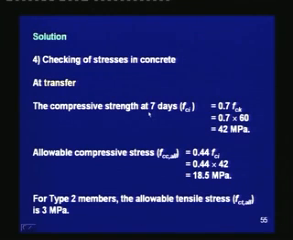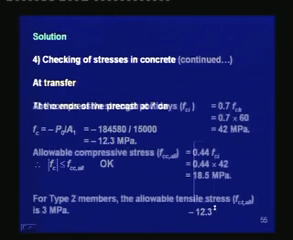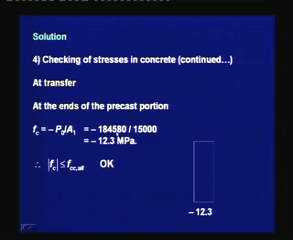We are checking the stresses at transfer. The compressive strength is 70% of FCK, which is 42 MPa. The allowable compressive stress is 0.44 FCI, which comes out to be 18.5 MPa. For type 2 members, the allowable tensile stress is 3 megapascal. At transfer, we see that for the precast portion, the average stress is minus 12.3 MPa, which is less than the allowable value of 18 MPa. Hence, it is satisfactory for the